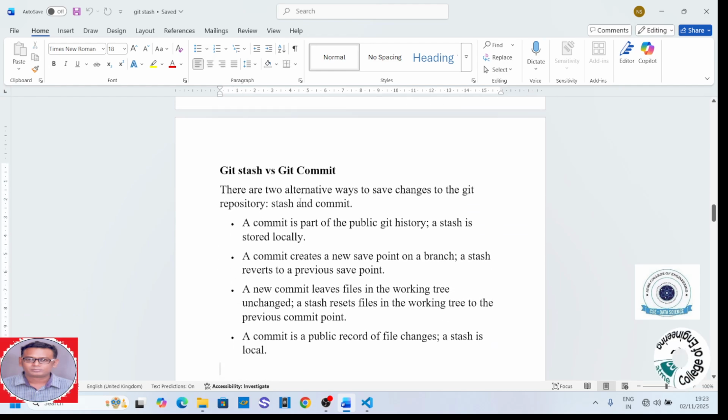So guys, the basic difference between git stash versus commit is this: there are two alternative ways to save changes to Git. One is stash and another is committing. Commit is a part of public Git history, whereas stash is local. A commit creates a new save point on a branch, whereas stash reverts to the previous save point. The third point is that a new commit leaves the files in the working tree unchanged, whereas stash resets files in the working tree